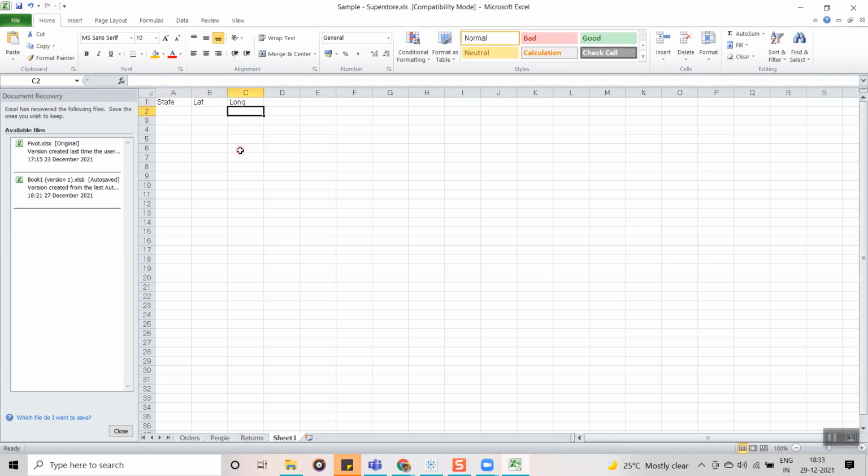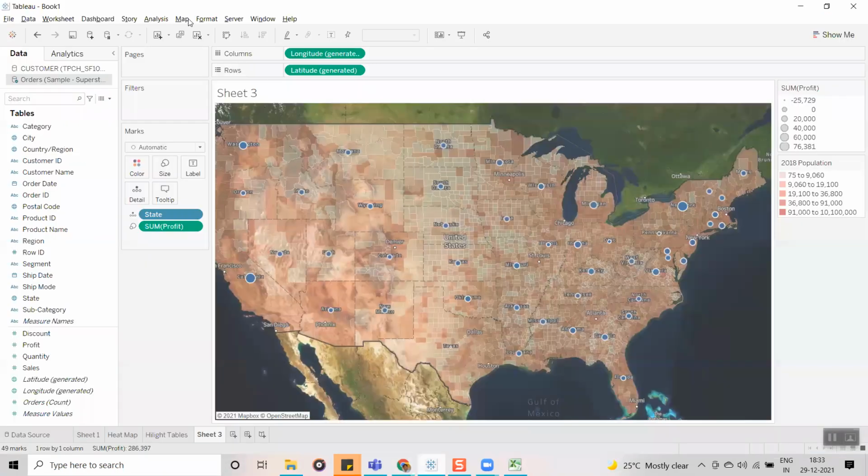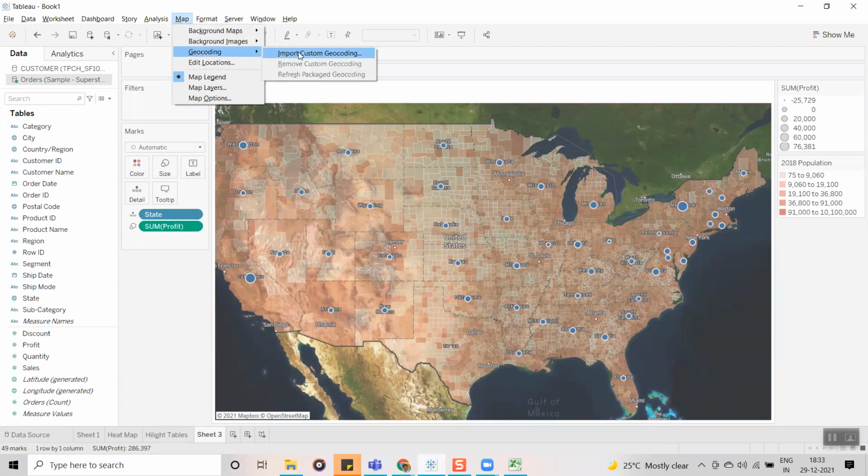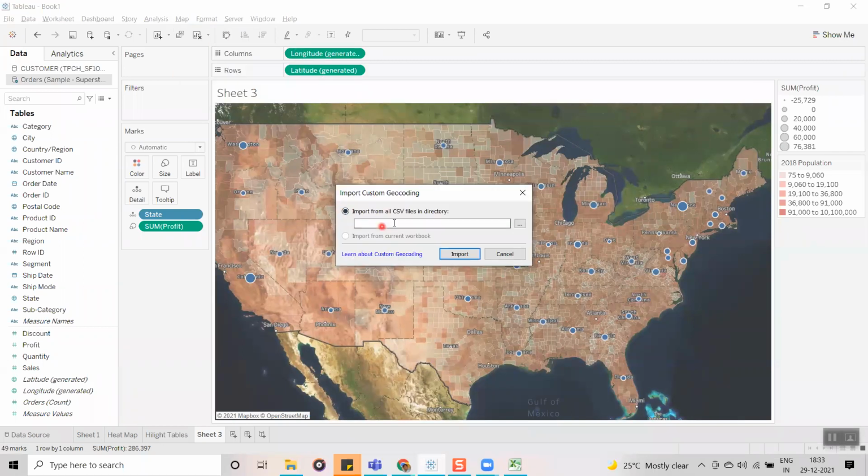After completing this file, save it in .csv file format, then go to Tableau, go to Map, Geocoding, Import Custom Geocoding, and it is going to ask you for the CSV file.